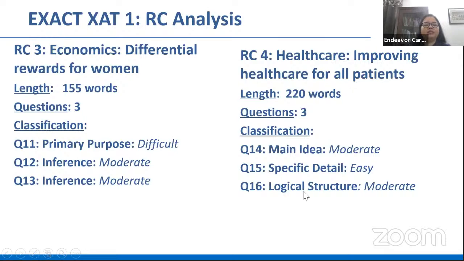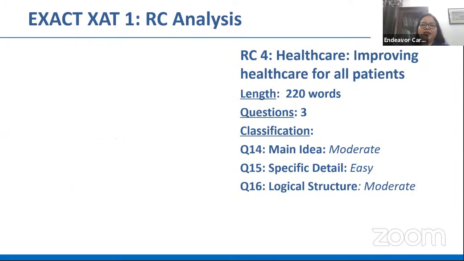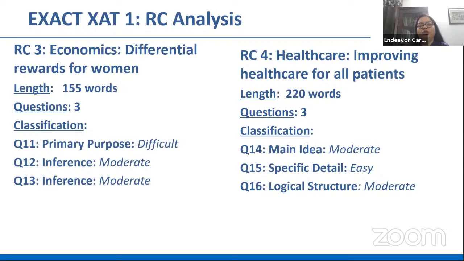You could easily do RC4. You could do RC3, though the language was difficult. Reading the passage 2 times or even 3 times, because the length is not much, would give you clarity there. You could certainly take climate change, the first passage. And if you are not comfortable with poems, of course, you let this go. Otherwise, certainly something that you should have taken, which means RC1, RC2, RC3, RC4, all of them are doable.